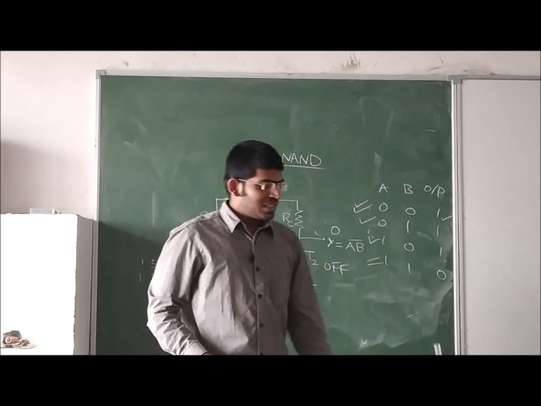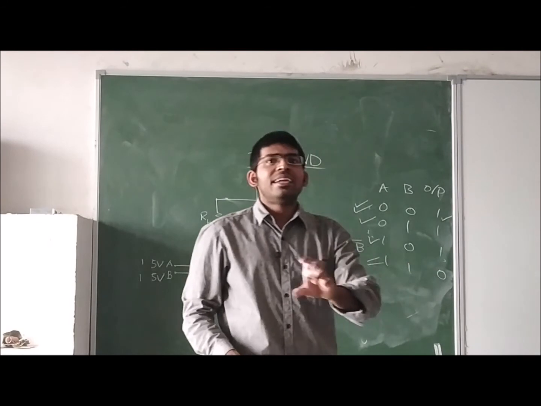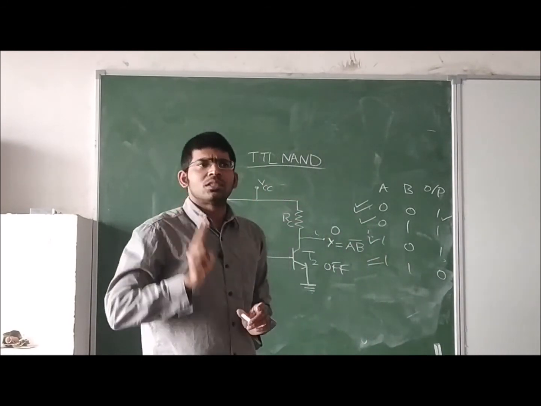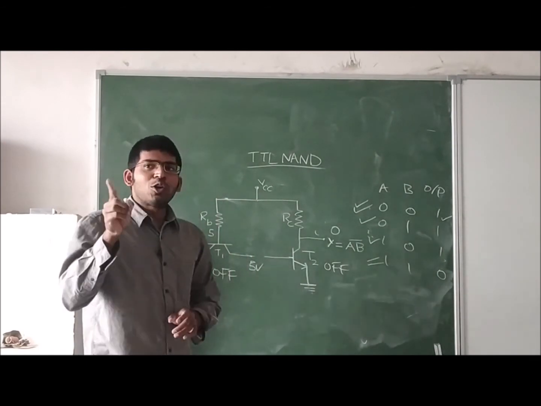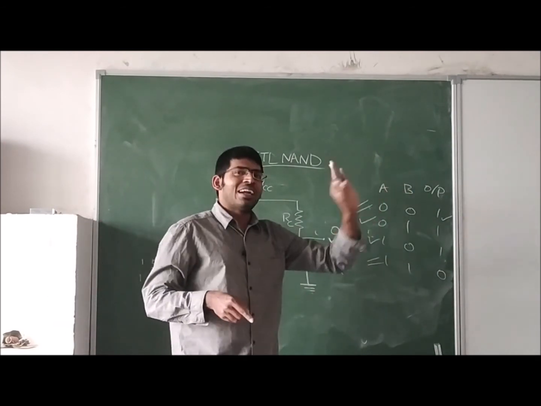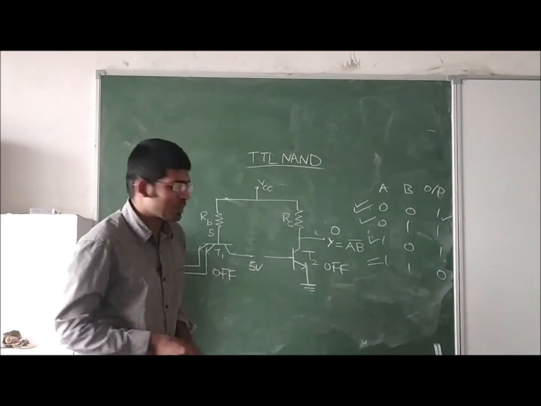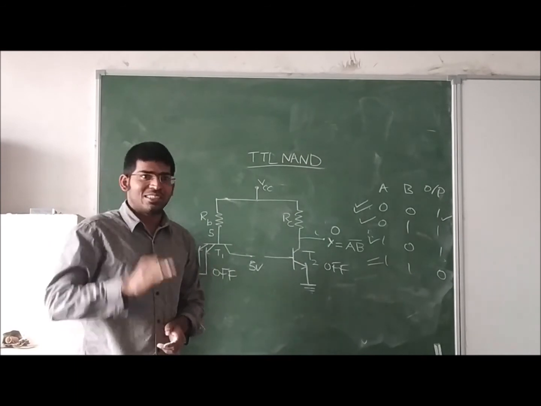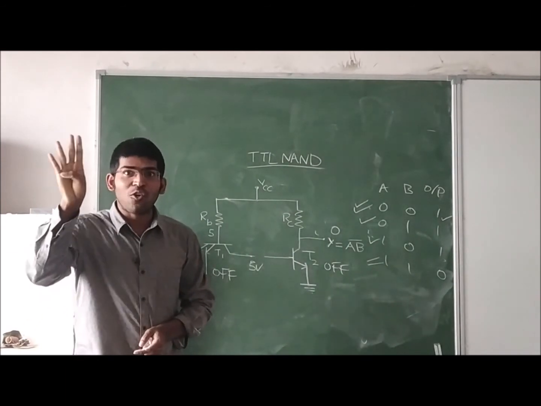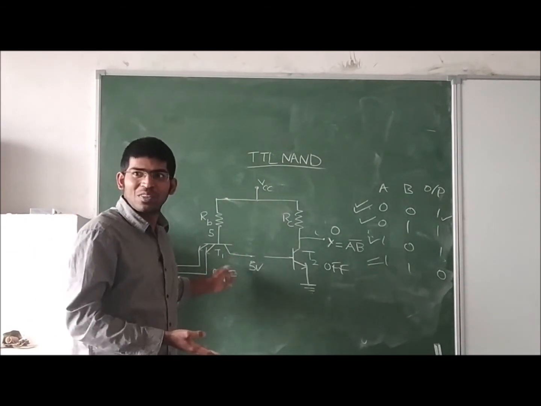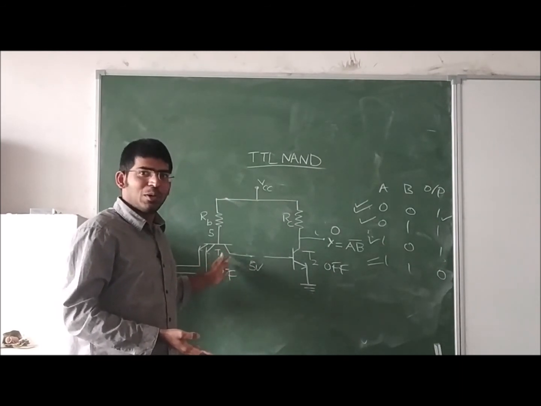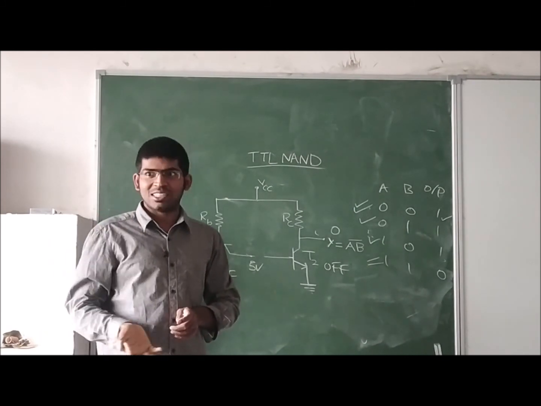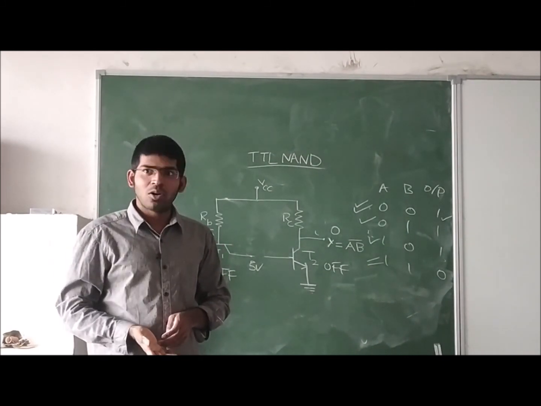Okay, this is how a TTL NAND gate works. We are taking only 2 transistors. If you want to build a 3 input NAND gate, what will you do? Multi-emitter. Here we will take 3 emitters. If you want to construct a 4 input NAND gate, what will you do? Three input and four input are not in your syllabus, but anyway now you can construct them on your own. Okay, right.